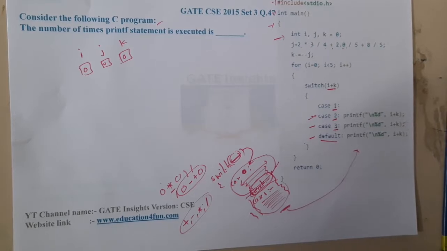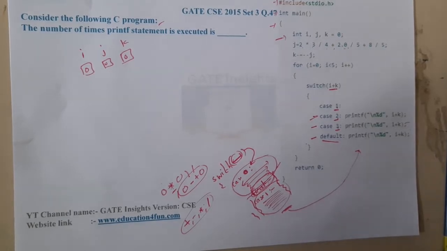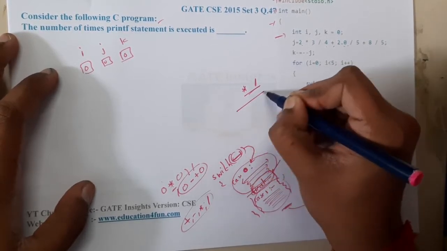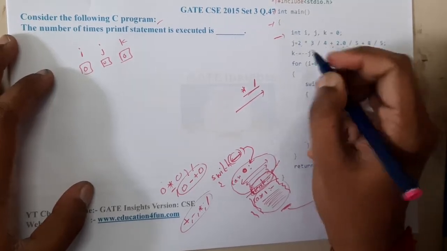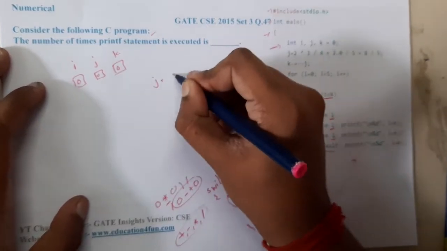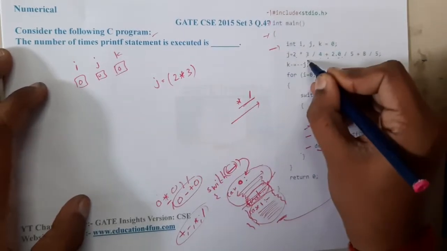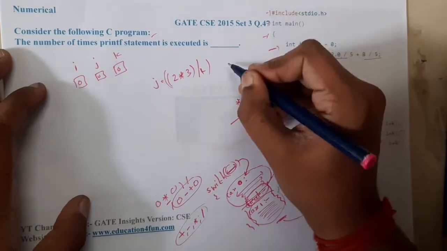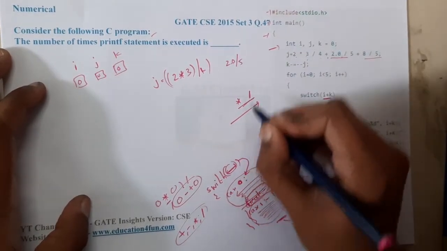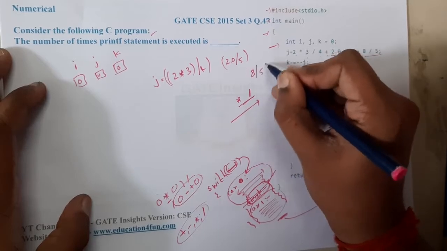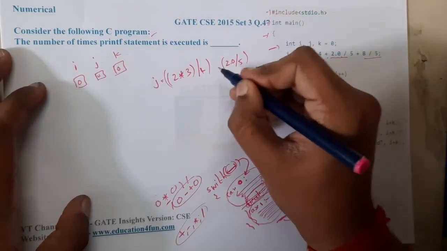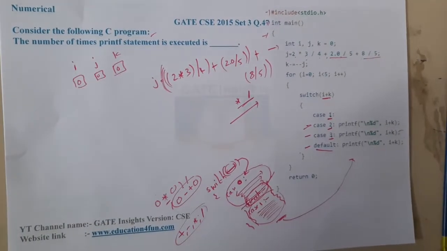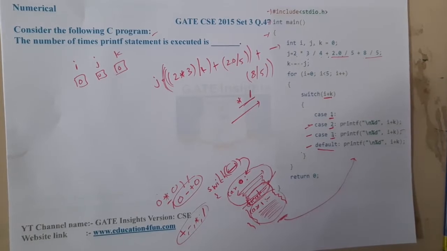I think everyone knows about precedence, right? What is the precedence of star and division, guys? Both of them are equal. If they are equal, you will go from left to right. So let us form brackets for this so that it will be easy for our calculation. 2 into 3 will be solved first, after that you will divide by 4. Then you will do this division and this division separately: 2.0 by 5, and 8 by 5. Once these parts are done, you will add these two first, then you will add these two next. Now everyone can solve, right? So now what shall we do?